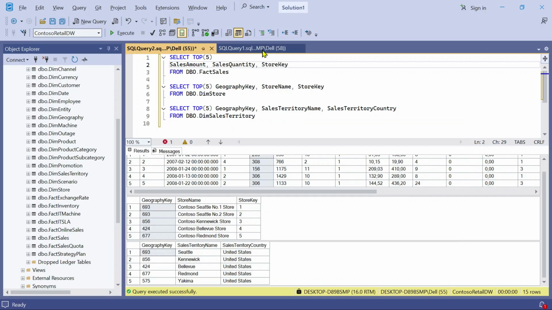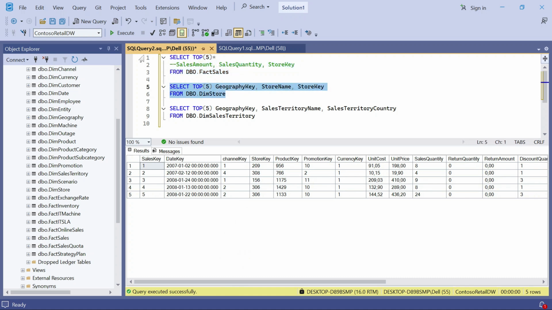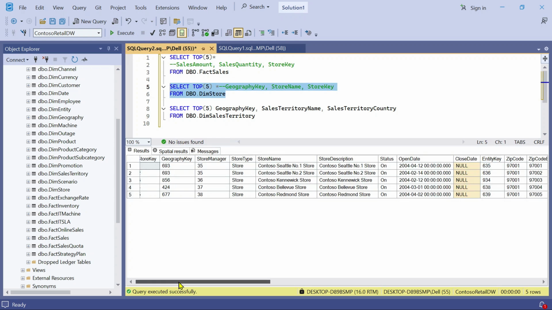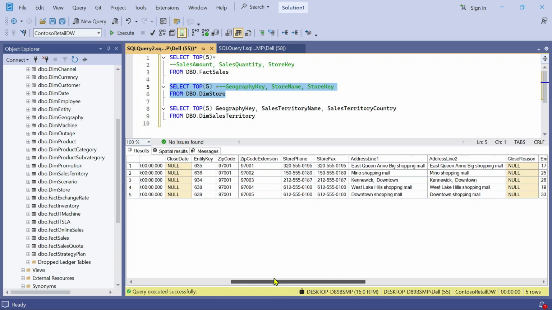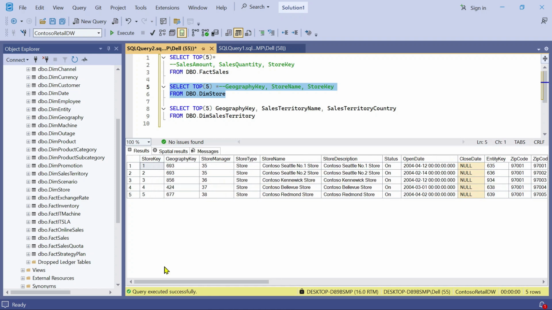So now I will comment this part. Now I again need all of the columns in this table, and in the store key, in the stores table, DimStore table. Okay, I will comment this part, and now I want to retrieve all the columns in that table. And in the stores table, I believe I have the manager's name. Store manager. I don't have the manager's name, but I have the store